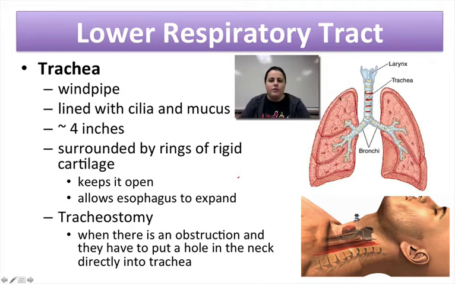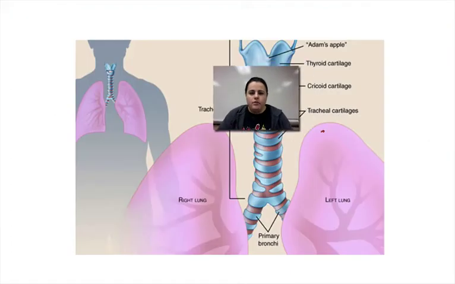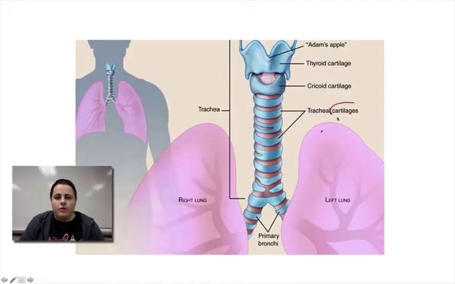Now, sometimes there could be a blockage in your trachea or above your trachea, and if it's above your larynx and trachea that you have this blockage and you can't breathe, a medical person may have to perform a tracheostomy, where they cut a small hole right below your larynx directly into your trachea and put a tube so you could actually breathe. So this is just a close-up picture of those cartilaginous rings around the trachea,